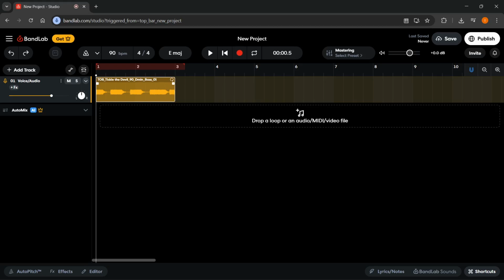In this video, I'm going to show you how to loop on BandLab. So the first thing you have to do here, of course, you must have some audio you wish to loop. And now the easiest way to do it is by clicking on that audio, and then you can just click on this cycle button at the very top or press C on your keyboard, and it's going to loop that